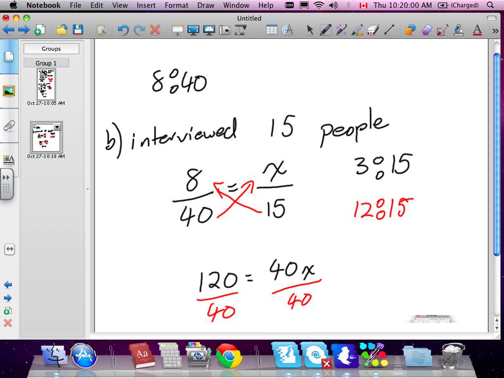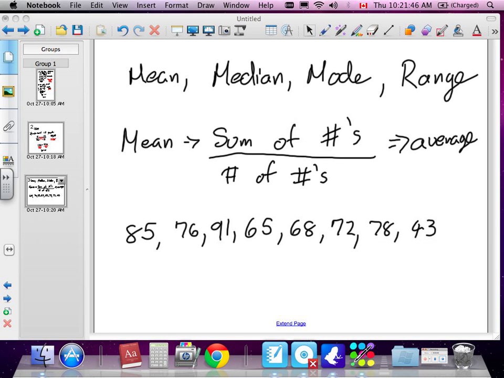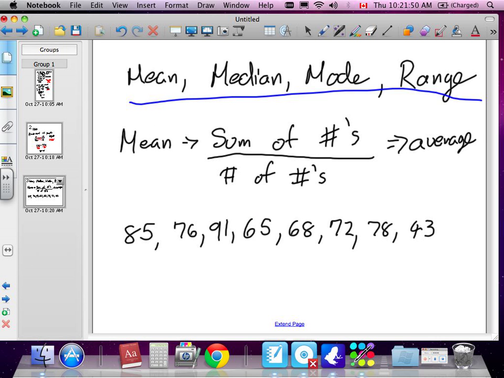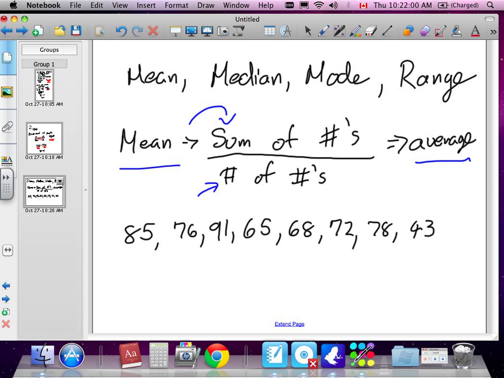Okay, next example. We're going to go over all 4 of these definitions. We need to know how to find them for this chapter. The first one we need to know is the mean of something, which is the sum of the numbers divided by the amount of numbers. It's also known as an average. Okay? So let's say these are the numbers we have. These were your marks in this class. Okay? In order to find the mean,